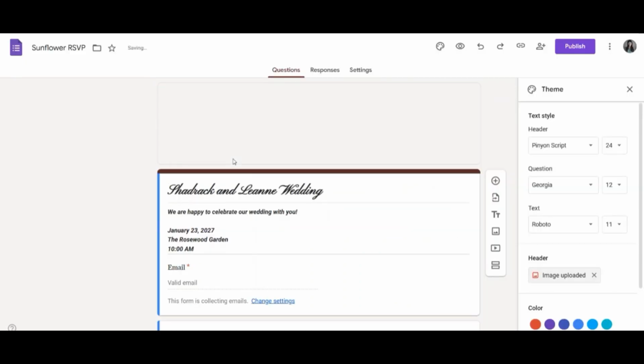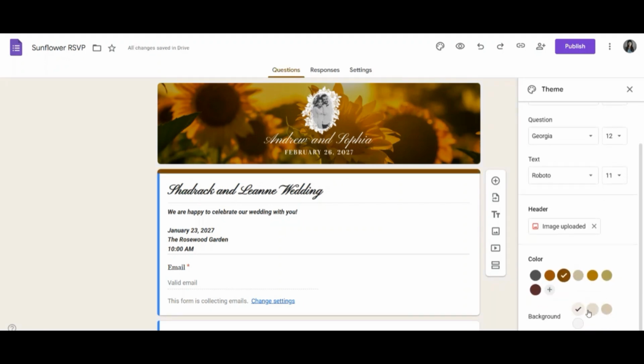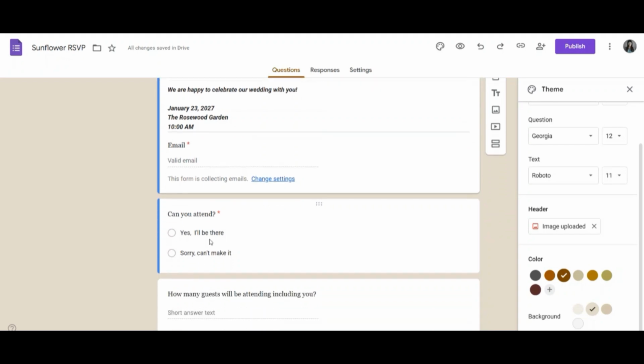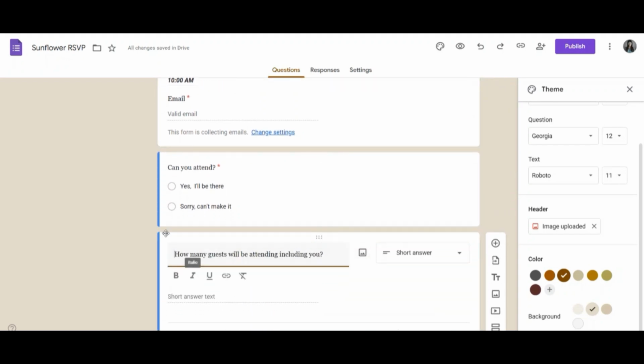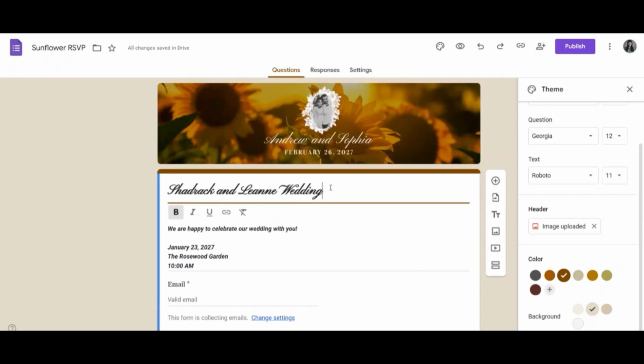And after that, let's wait again. I don't like the color here because it doesn't match the wedding, so let's change it to brown. And the background lighter. And then that one, we can't edit that. If you click, there's a blue there automatically. And then for now, let's change the names.